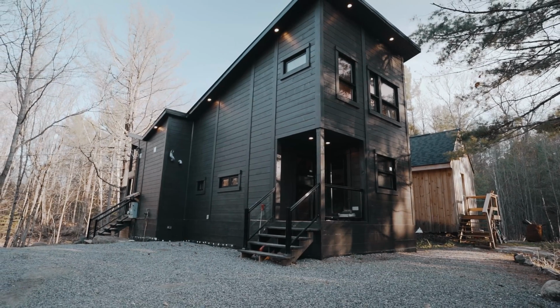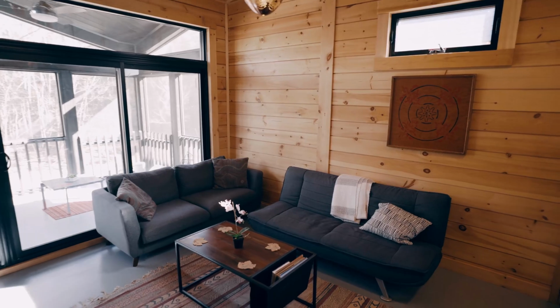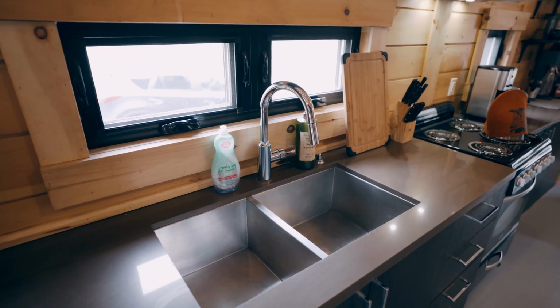For today's video, I'm up in beautiful Muskoka and I'm staying at the Tiny House. And yes, it's actually called the Tiny House, but it's spelled H-A-U-S instead of H-O-U-S-E, which I think is a